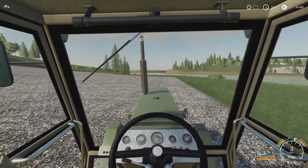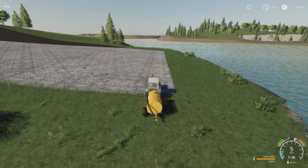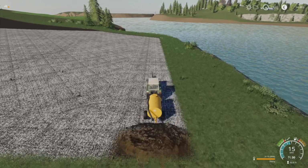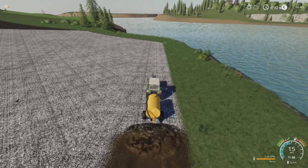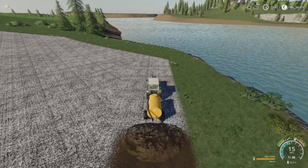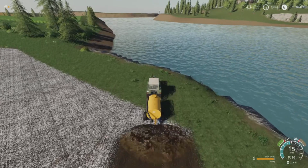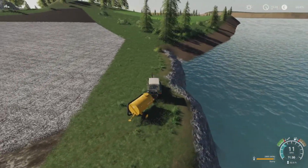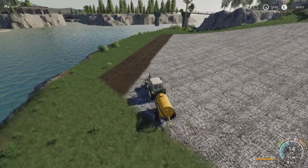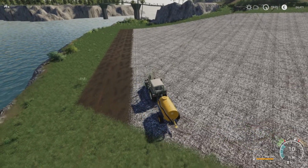Right, so let's get the drone out. Again, no clue about width, not the faintest idea. So let's just see how we do. I can always neaten it up afterwards if I need to. Oh, that was a good guess, wasn't it? Right, so 3,200 litres. So usage rate's not too bad, just don't want to get too close to the edge there. So yeah, not too bad at all actually. But for 3,200 litres,